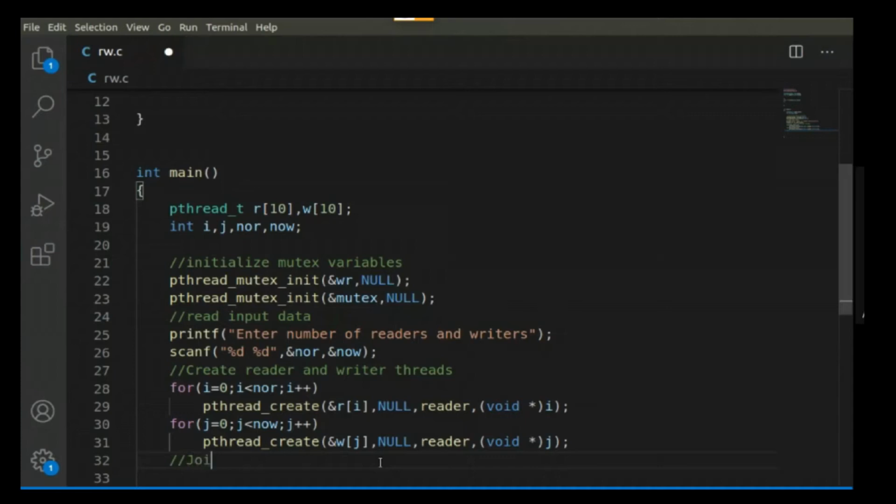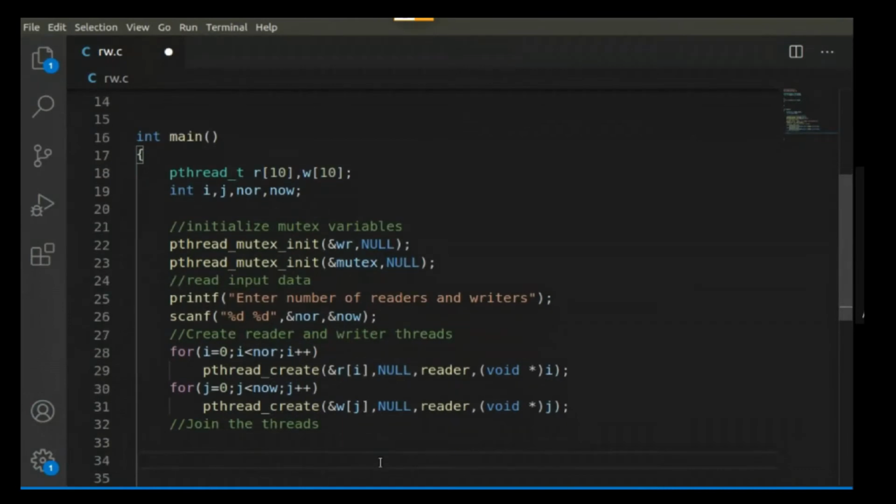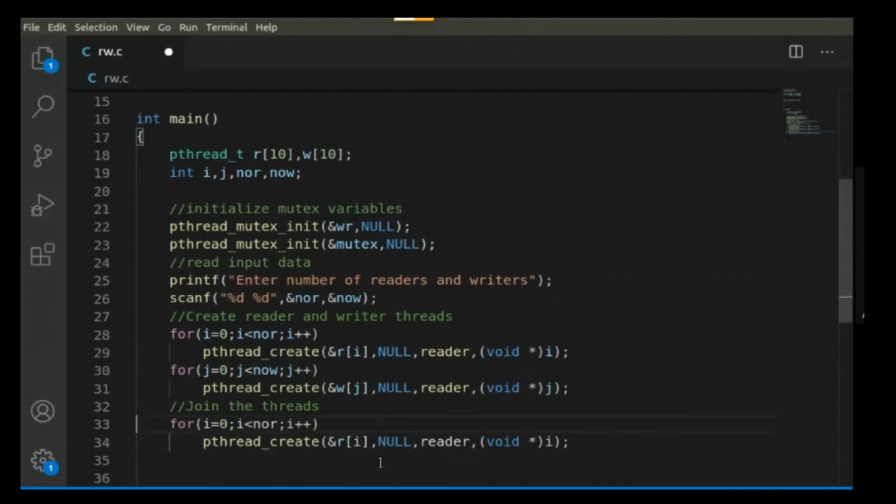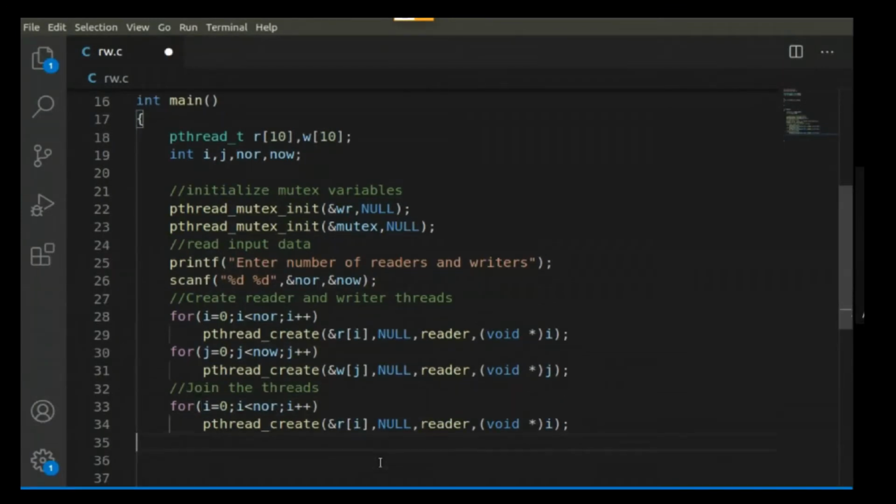Now the next thing that you should not forget is to join the threads. The function for joining the thread, for number of readers: instead of create, we will write join. What are the parameters to this join function?